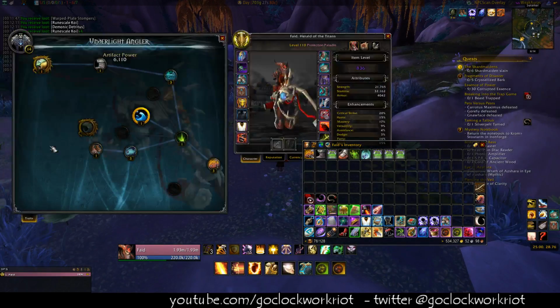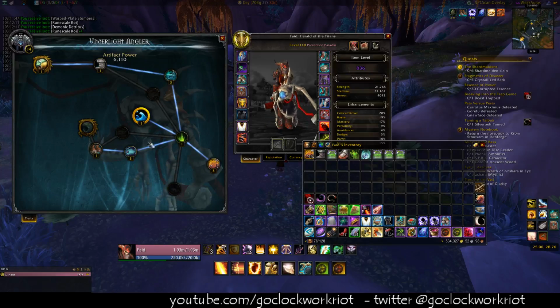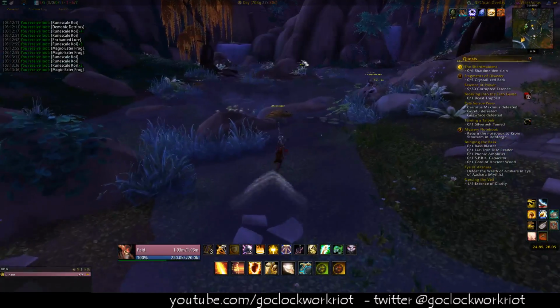So there are some other things other than just the fishing up barrels. There's one that you can get blood of Sargeras while fishing. I'm walking on water because I've put points into that. I don't recommend going for this way of the flounder up here. It's supposed to